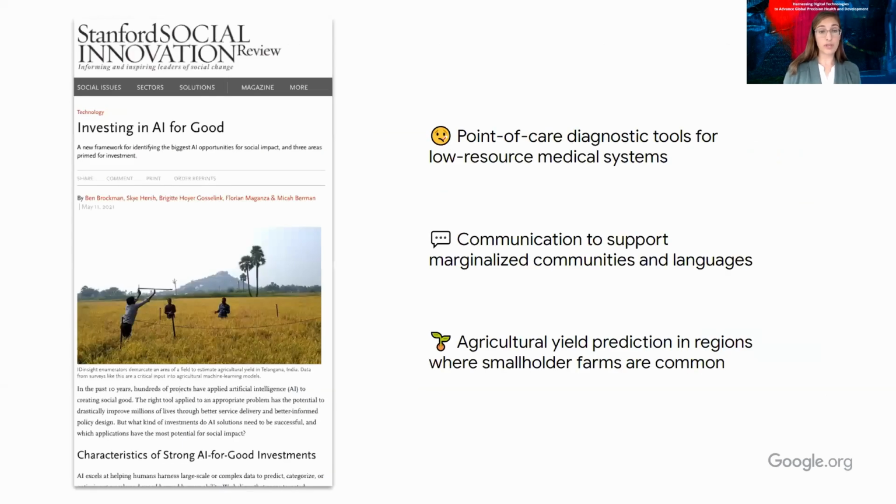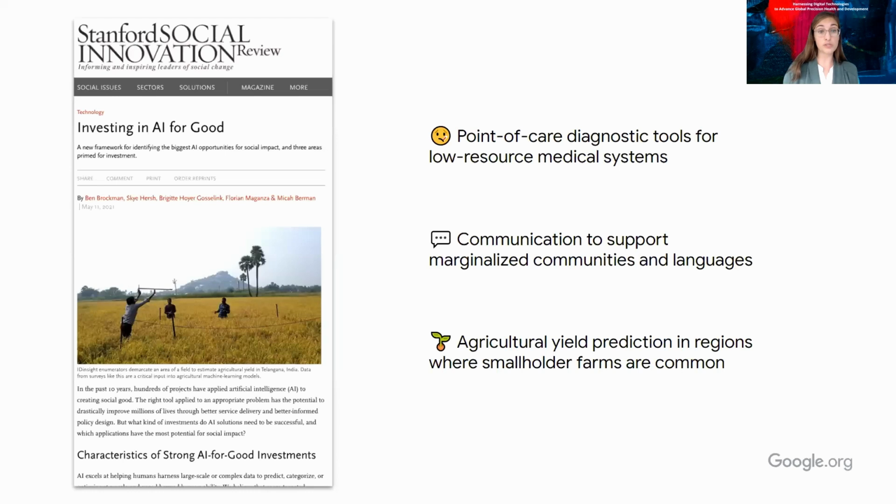Finally, I'll just leave with these 3 areas we've recently published with ID Insight of an article, which you can find in SSIR, that really points out a framework for how do we think about more areas where AI and machine learning may be most impactful. And there are 3 that I'll leave you with, as I think we can all continue to point our attention to do more.